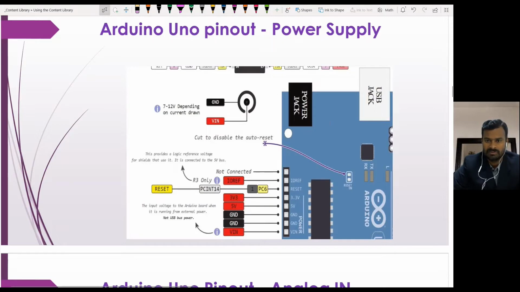These all come from the power jack or the USB jack. There is a regulator inside the board, and after regulating, it comes through this output. So we can take this as output to connect to external devices like LEDs, a buzzer, or other small devices.